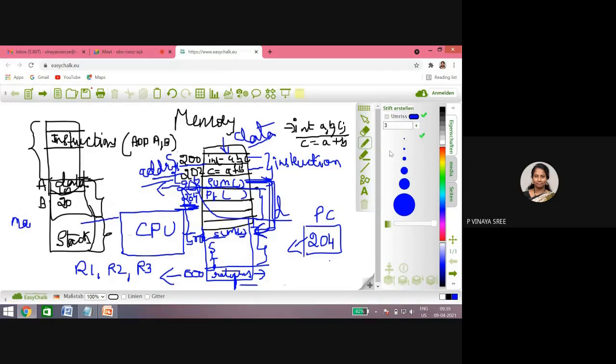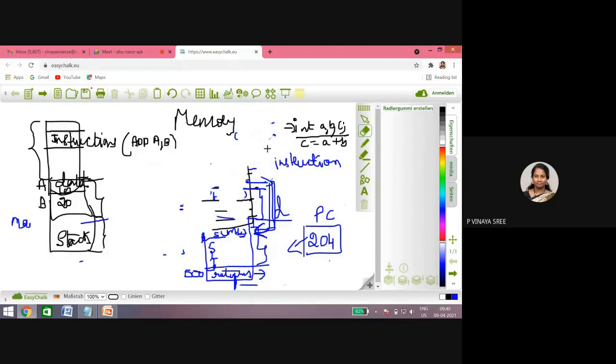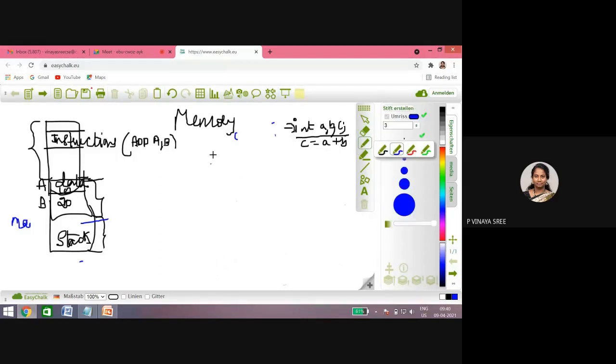Okay, concentrate, ma. If you are having any doubts, this is a basic one to understand the concept. I have not started our course yet, but this should be the basics for you to understand. So let me explain the concept of stack. Till now, what I explained: you'll have a memory, and I started with a special purpose register called the program counter. The program counter stores the address of the next instruction the processor has to execute, and its feature is that it automatically increments by one.